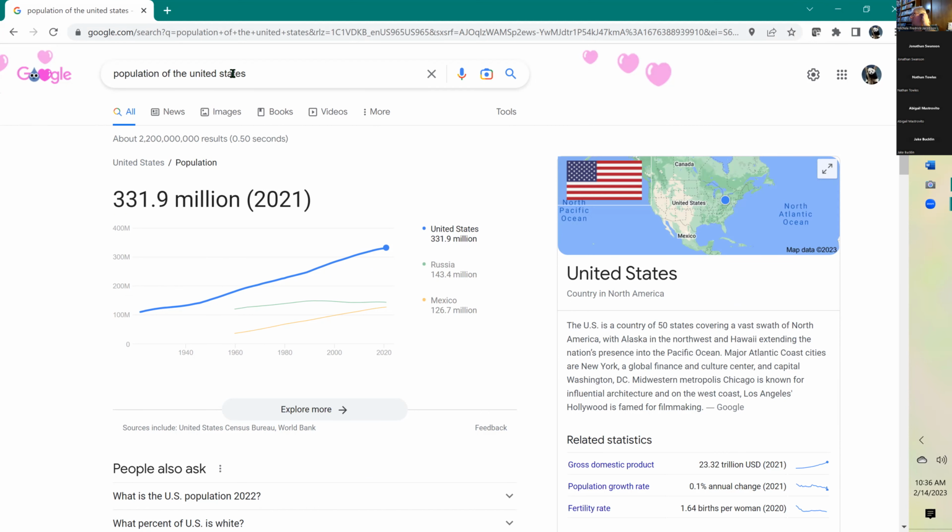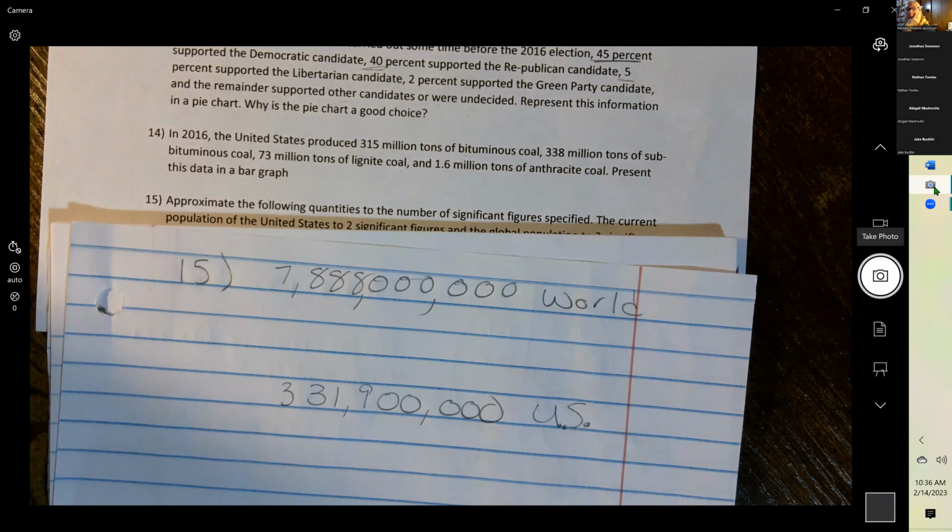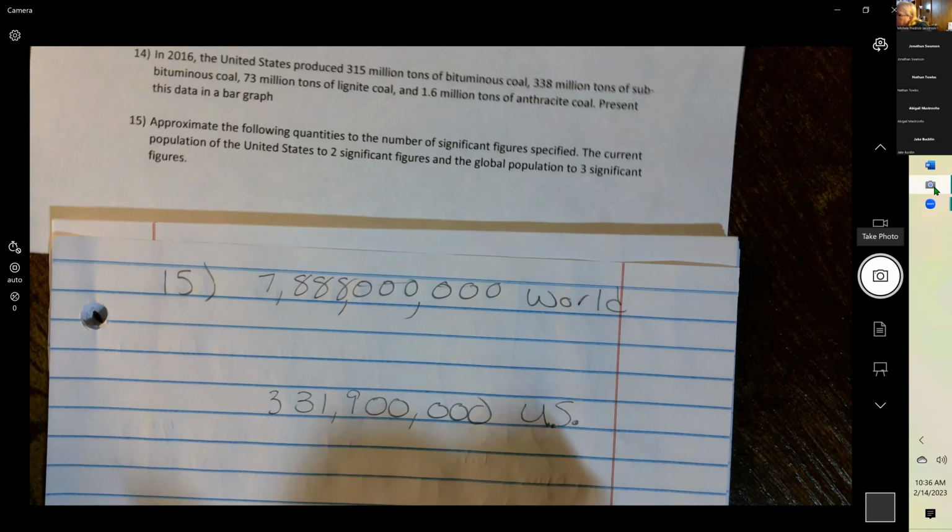Okay, so there's our population for both. So I looked up both the populations. Now the one says